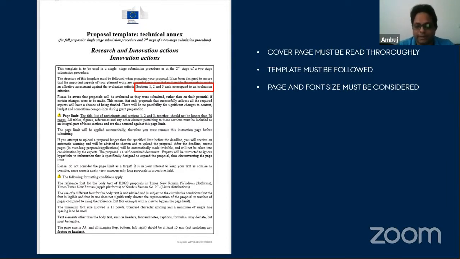You should also be very particular about the page limit, because if it is 70 pages and it crosses 71 or 70.5, the proposal will not be accepted. Also, they say don't run for the page limit. Let's say if it is 70 pages, don't go for 70 pages. You can complete your proposal in 50 pages also, but it should contain all the information and it should be crispy. What they actually look for is very crisp writing, and it all depends on your writing skills.